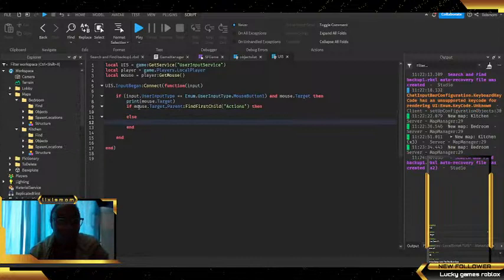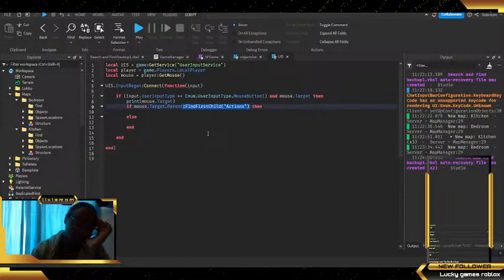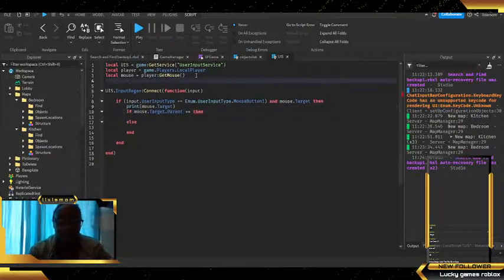So now mouse.target.parent, if its parent equals find, that is, if it's in this find thingy, once again, dot parent equals this find folder. By the way, we'll be going for the find folder all the time, so I think I will put it here. Local find folder